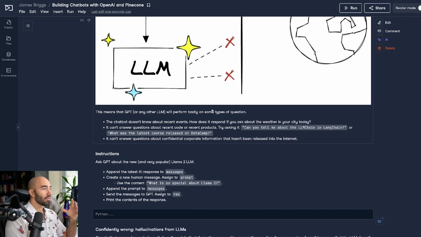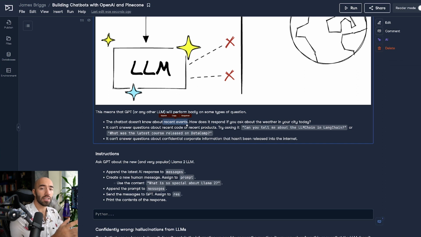But in other scenarios, it's going to perform much worse, right? So when the chatbot doesn't know about recent events, for example, it will have absolutely no idea. You can even ask GPT 3.5 about COVID. It doesn't know about COVID because the training data cutoff for at least those models, I believe, was September 2019.